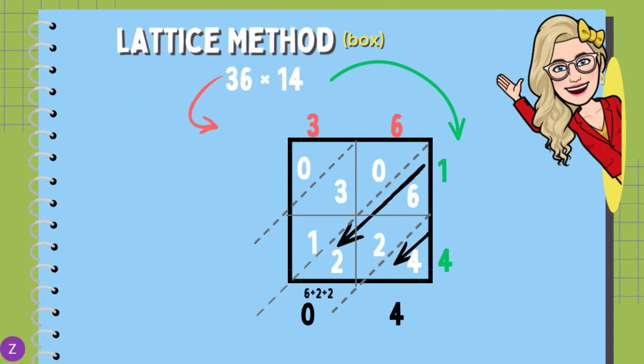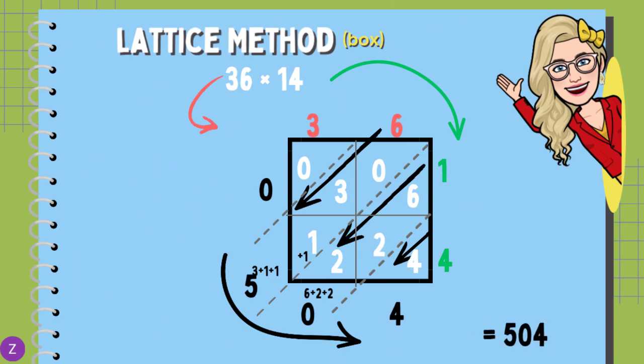That gives us 10. At the bottom you put your 0 and as usual you carry over your 1 to the next group. This group is now 0 plus 3 plus 1 plus 1. That is equal to 5. And then the last one, there's only a 0, so it stays 0. You now take all your outside numbers, moving from left to right, and you now write that down. This will be your answer.